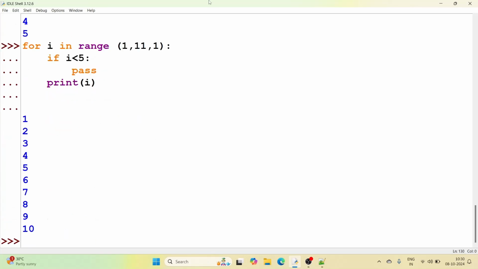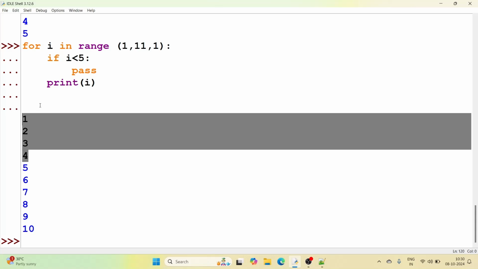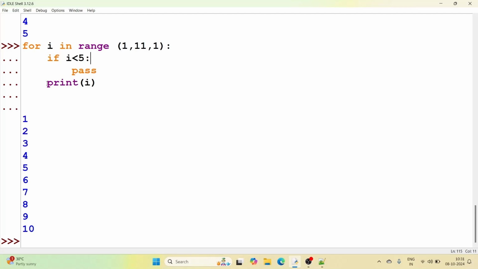You can see for i in this range, if i less than 5, that means till 4, this condition was satisfied, so it just passed the statement. Even if this condition fails, the print gets called, because pass has nothing to do. Pass is just a placeholder. You can write some code logic here later. So it's just like null.